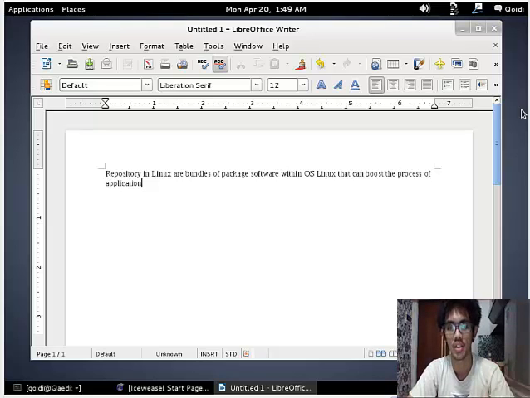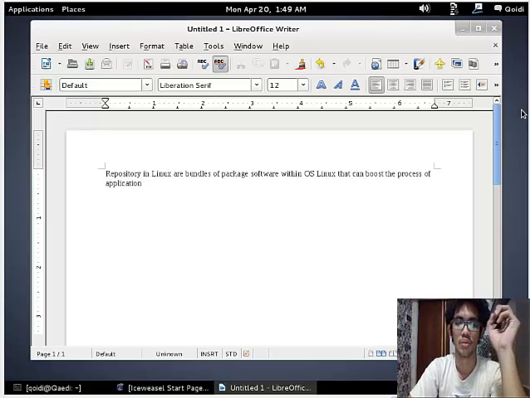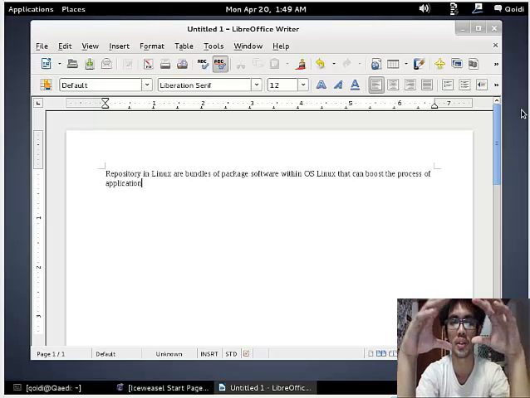So at this time, I'm going to tell you about the second task, repository in the assignment. Repository in Linux generally means bundles of package software within a Linux OS that can boost the processing of applications. So, as you can see, the repository means the bundles of packages, but